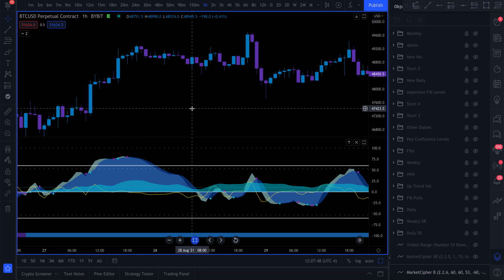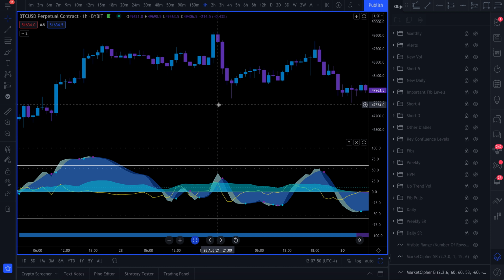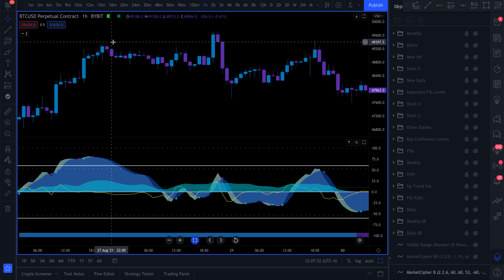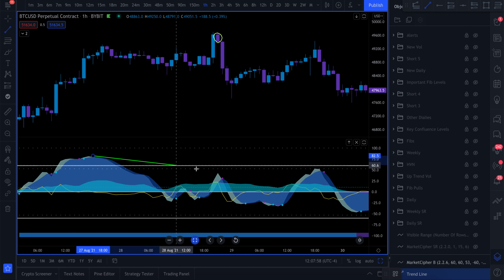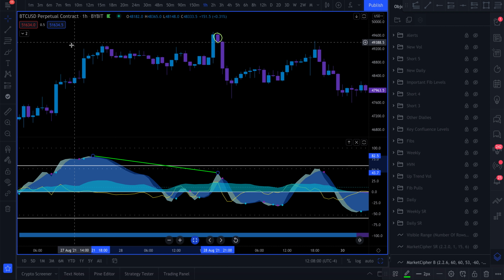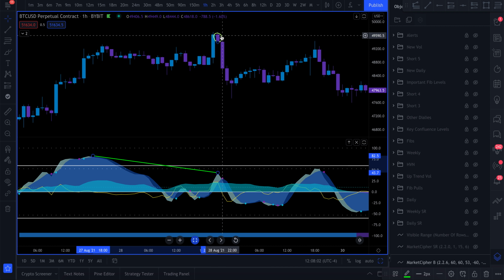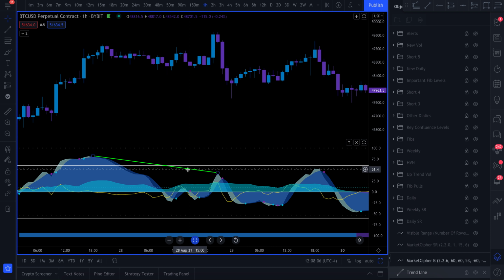But either you can front run the dot, where when you see this wave is getting pointy and ready to cross over, you can actually enter the short right here on this candle, because you see the fact that the momentum wave is coming down and the price is coming up, okay? That's option number 1. Now, that might be a little bit risky for people, so some people like to wait